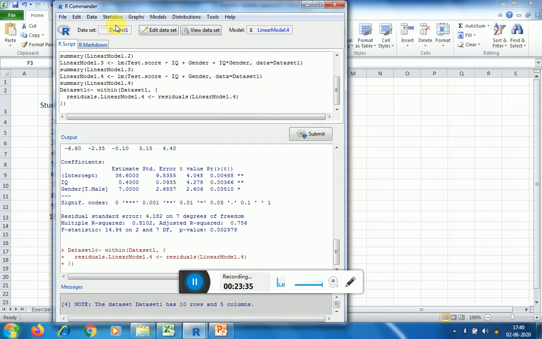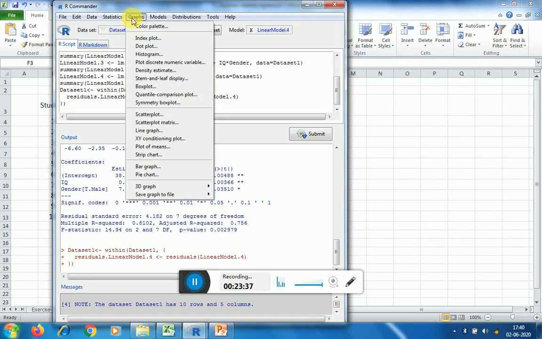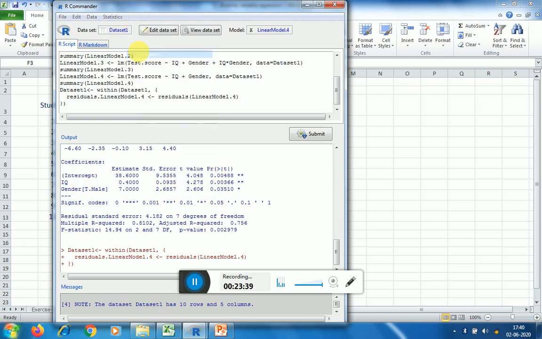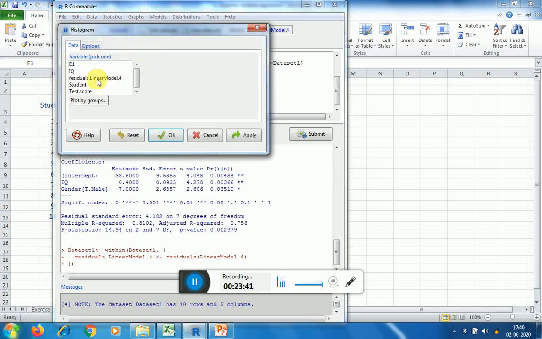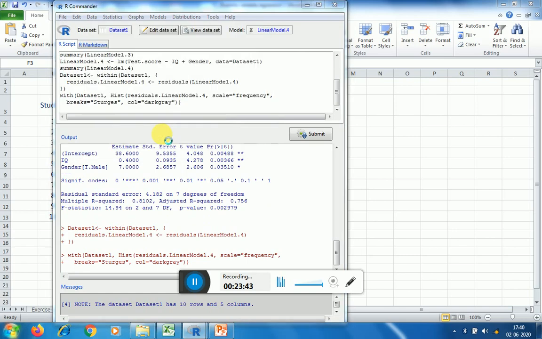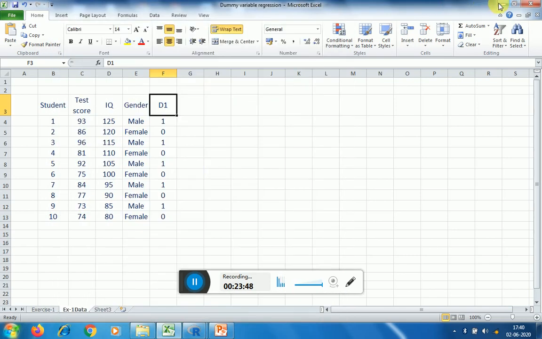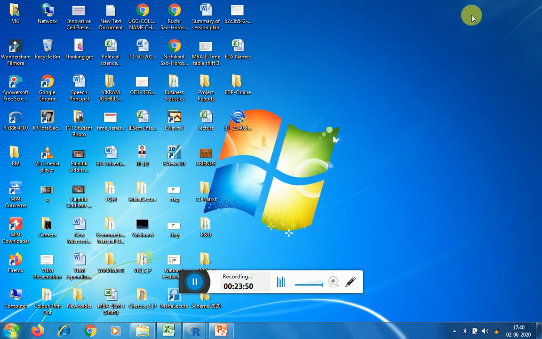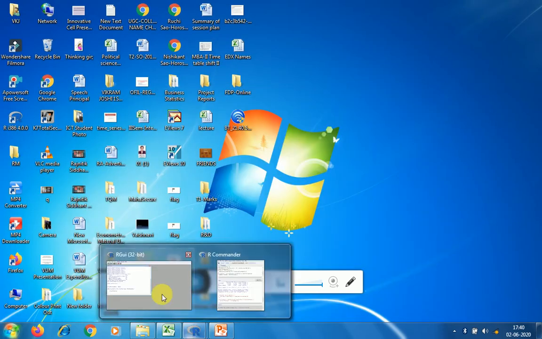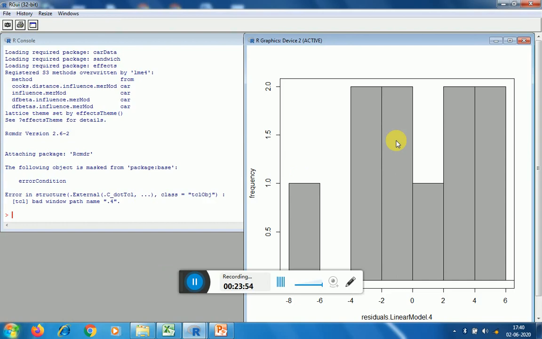Now you go into graph, the histogram for residual, for normality. So the graph will appear, so this is how the graph looks.